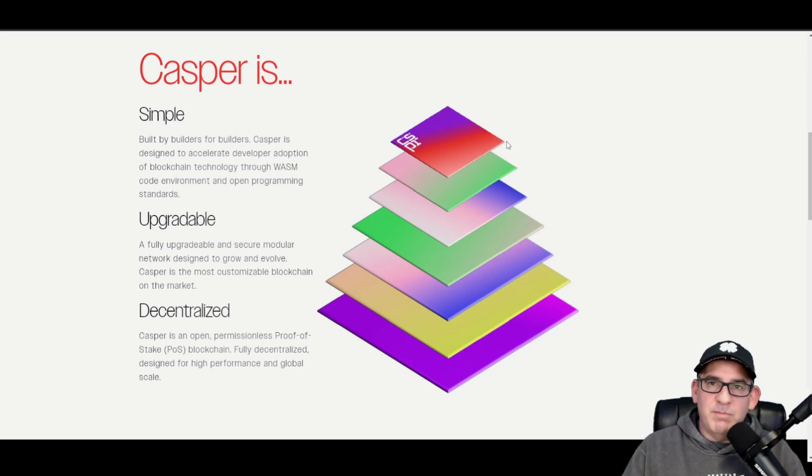But that is the problem with not having a modular blockchain. If they had a modular blockchain, you could just remove the issue, insert the corrected solution, and just move on. You wouldn't have to scrap it and go with a V2. So that is one of the great benefits of modular blockchain technology. So when we're looking at a new project that we really don't know much about, the number one thing you want to know is, what problem are they solving, right? Are they just doing the same thing that everybody else is doing, or are they actually solving a real world problem or a crypto issue?